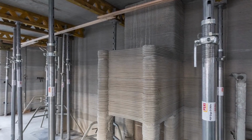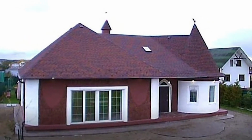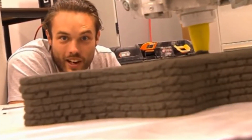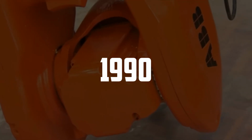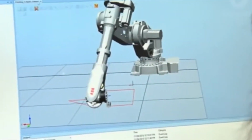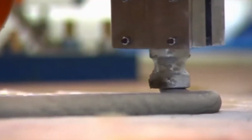And here's the best part. A real family now calls this building their home. It's not just a showpiece. Researchers have been exploring the use of 3D printing technology to create concrete for constructing buildings and other structures since the 1990s. Massive 3D printers, optimized for producing concrete, can print on-site foundations and walls as well as modular concrete